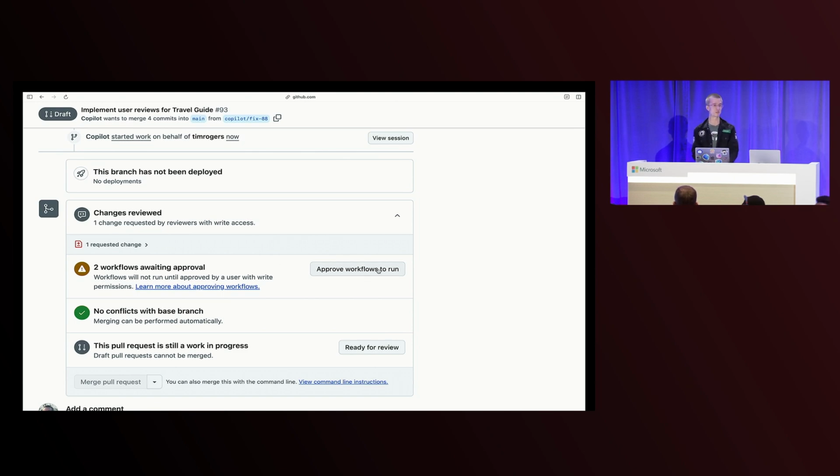You might have seen this button before on an open source project. If you've got an open source project and an outside contributor makes a PR to your project, you will get this same button. Effectively, we're treating the agent as a kind of semi-untrusted outside collaborator whose work you have to review before it gets run or gets anywhere dangerous. So that's the demo part. Let me switch back over to the slides now and we can talk through some more stuff.